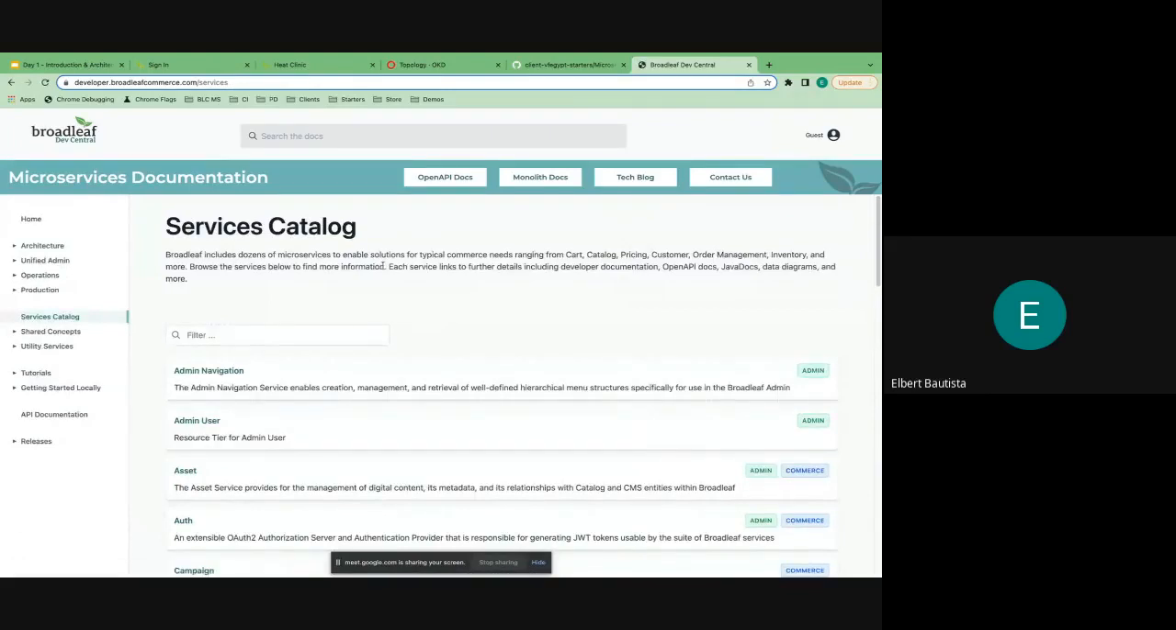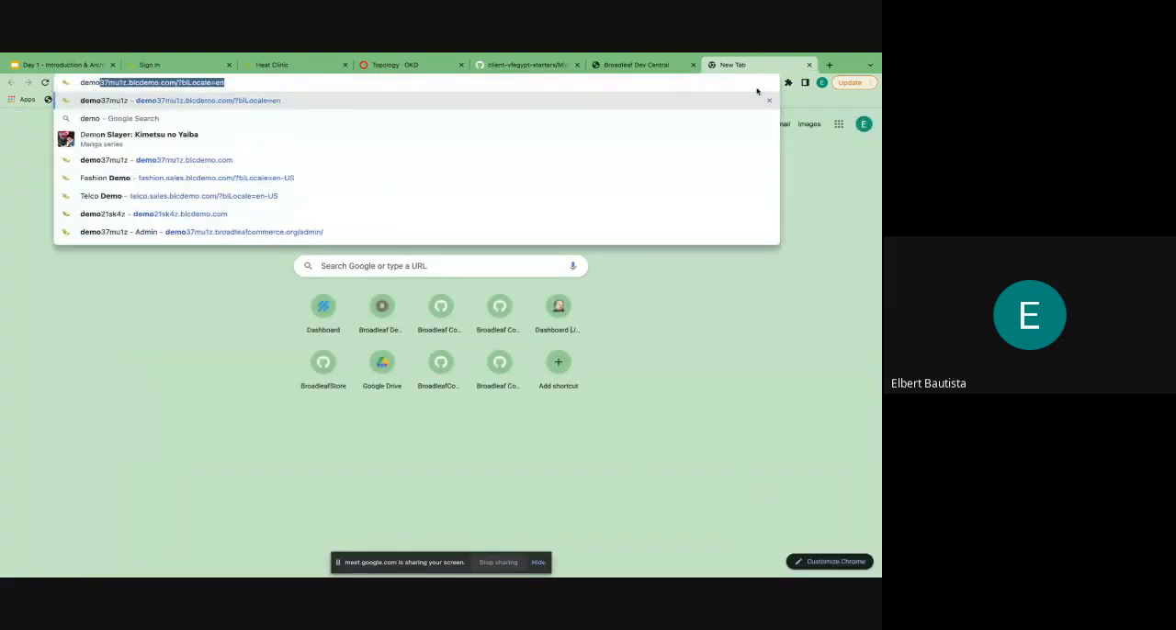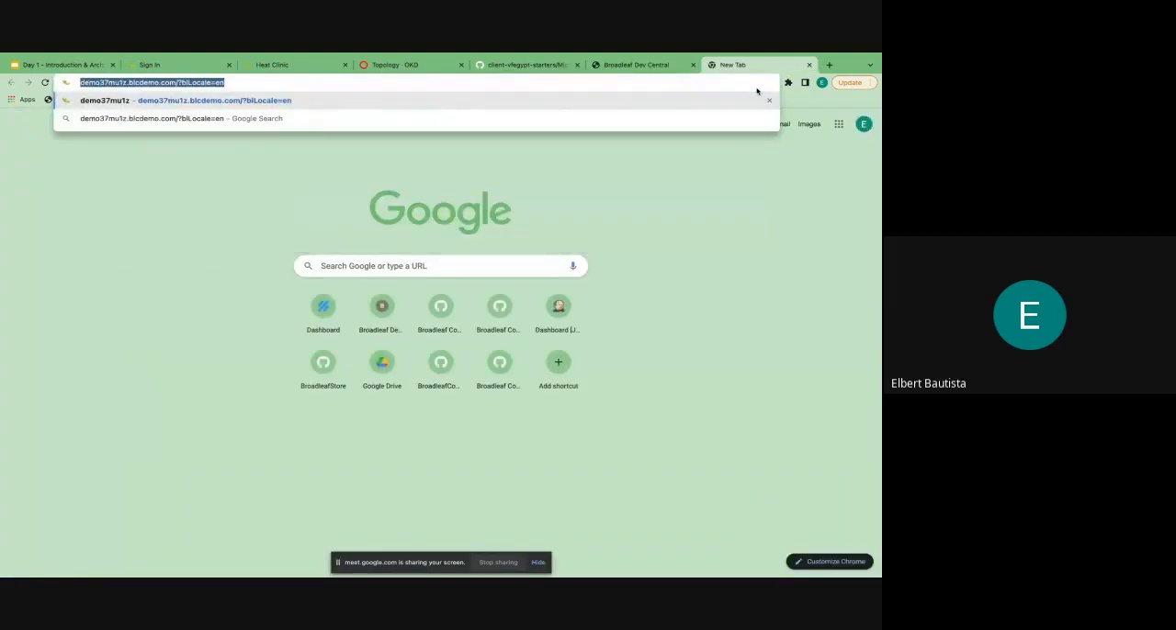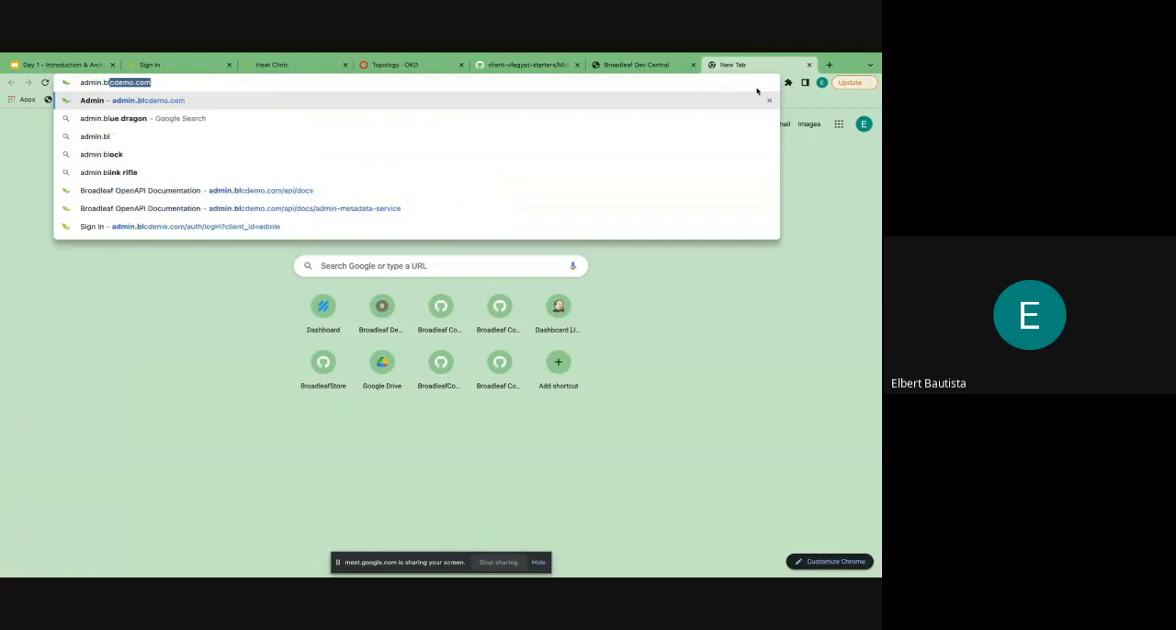So if there's a particular feature or recommendation or concept or category of thing you're looking for, the first thing you should probably look at is the services catalog. The second is also looking at the open API. So if we go to admin.vocdemo.com